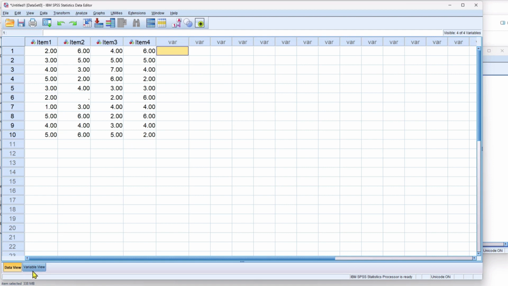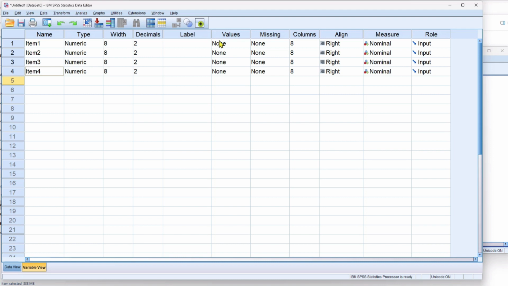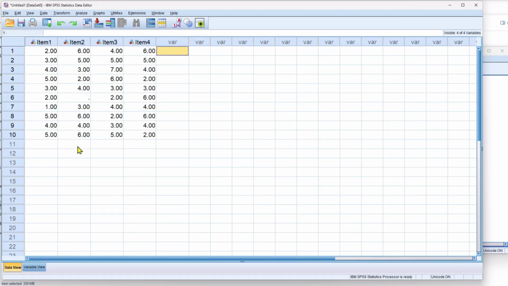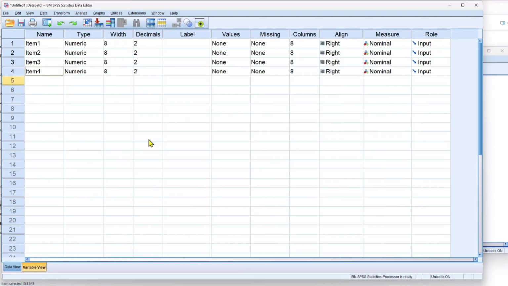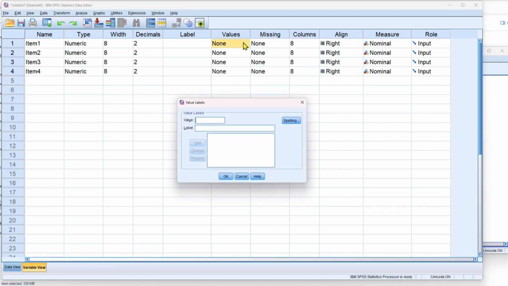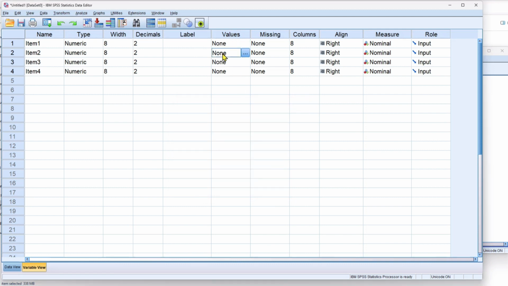All right, so in variable view, what I want to do first is I want to give these values a label, and you can see that the scores range from 1 to about 6 or 7. The highest one is 7. So let's imagine that this is a 7-point scale from strongly disagree to strongly agree. I'm not going to type in all the values, but I want to type in the extreme values, the 1 and 7. So the way that I do this is you just highlight one of these boxes here under values,